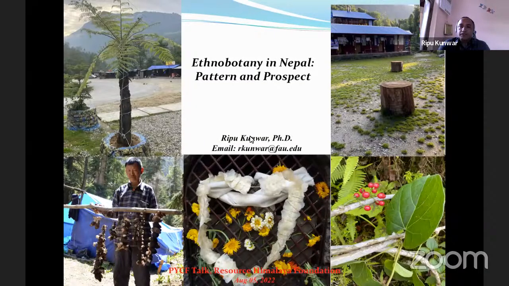And the next, right top, shows how we could use ethnobotany or the plants for human needs or the benefit of humans. It has been shown over here. And the last one, on the right bottom: maybe you have all heard about this plant. This is Gurjo or Tinospora cordifolia, Tinospora sinensis. We now have two Tinospora in Nepal, Tinospora crispa and Tinospora cordifolia sinensis, and it has been frequently used